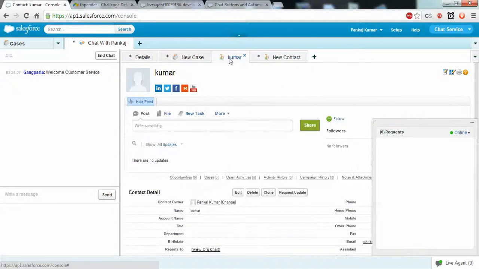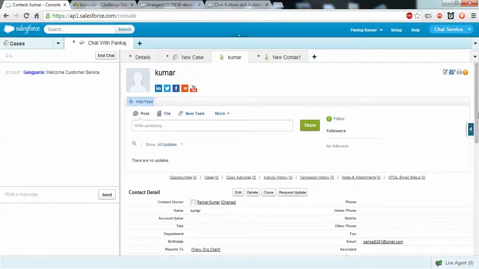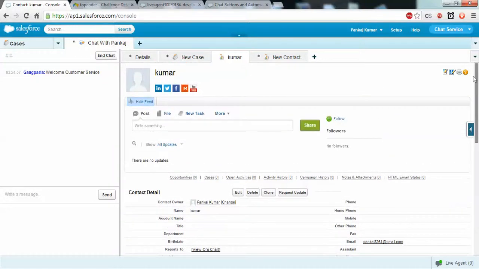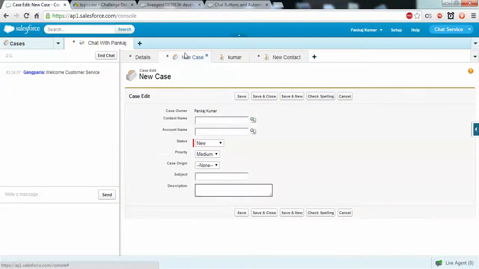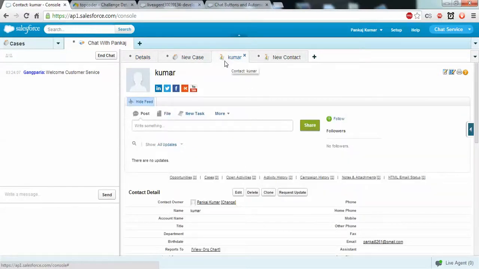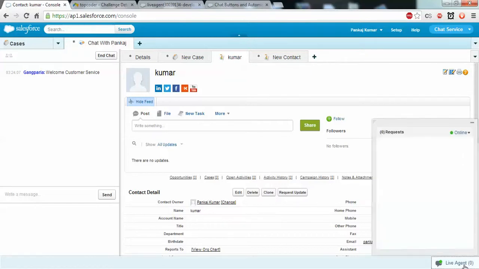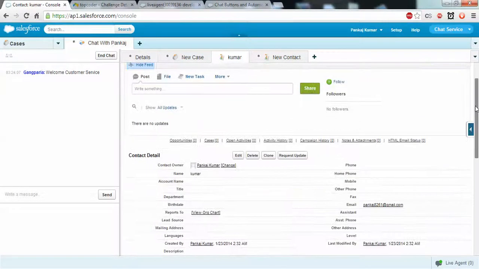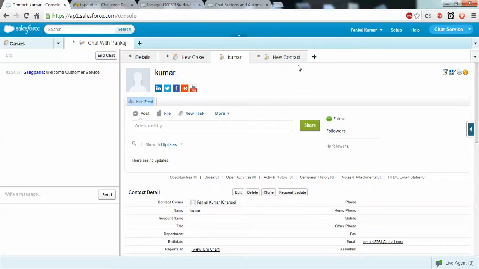You will see this contact has email ID Pankaj8261 and the name Pankaj. So it will be easy if an agent is trying to chat with any visitor, and he can see all the details here, like contact details, account, contact cases, whatever he wants to check.